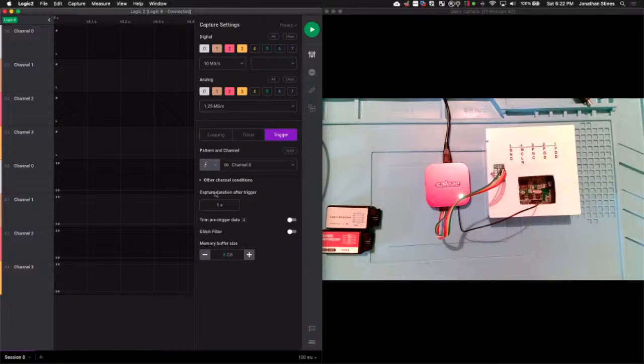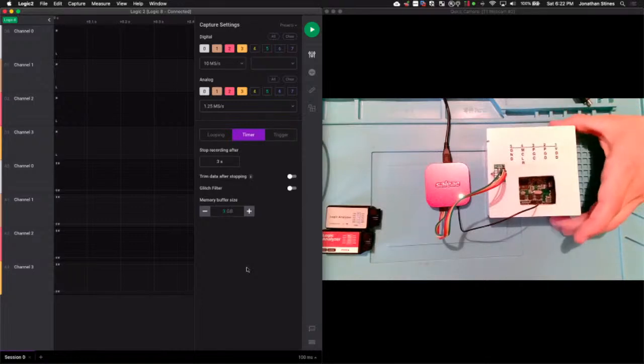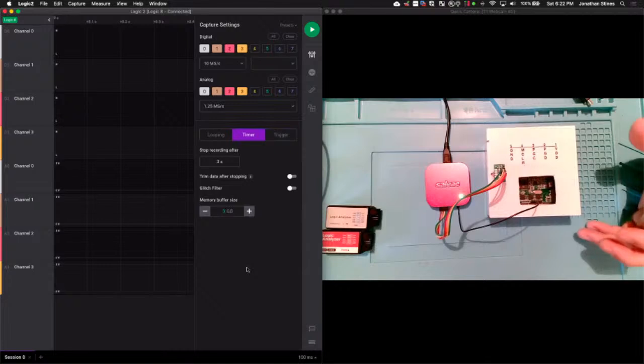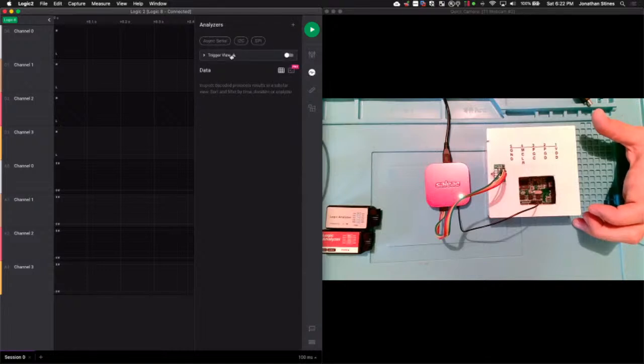So just to kind of demo some stuff, let's go ahead and do a trigger. So remember 0. Actually, let's not trigger. Let's just do timer, because we're trying to go black box, right? So let's assume we don't know which particular channel is which, and this is just some blind device that we found online, and we don't know the data sheet, and it's using something like a WSON, so we have no idea which pin's which. So we have all the channels set up. We have the timer set up for 3 seconds of capture. Go down here. We're going to leave the analyzers blank, and we're pretty much ready to start